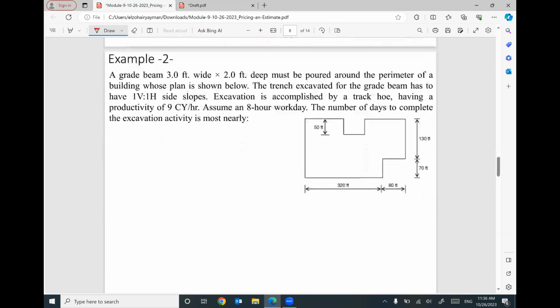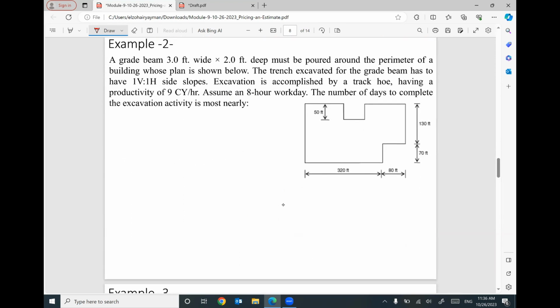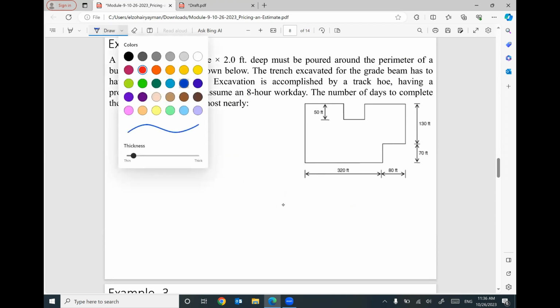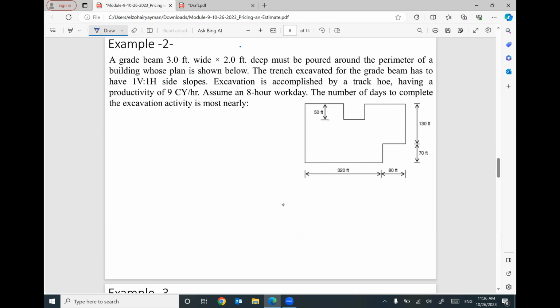Second example, we talked about this example before, but we will take it with a different point of view. We would like to construct a grade beam. This grade beam with dimensions 3 feet wide, 2 feet depth will be poured around the perimeter of this area of land. So the perimeter